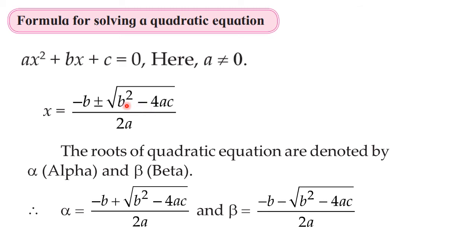But here, to reduce the calculations and the number of mistakes, first we are going to find the value of this term, b square minus 4ac, separately, and then afterwards we are going to make use of the formula and find the answer. Now here, the roots of this quadratic equation are based on the value of this discriminant. See, it is under root, that means this gives us a square. You know that a square is never negative.